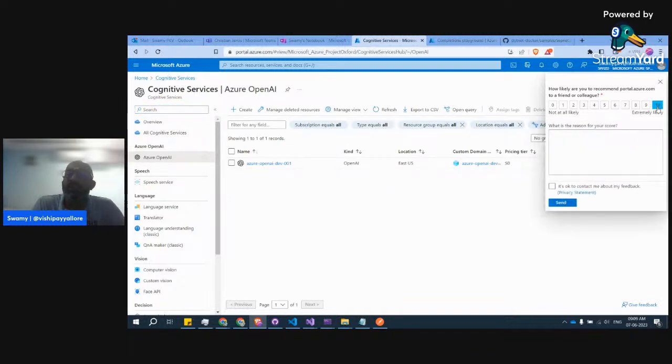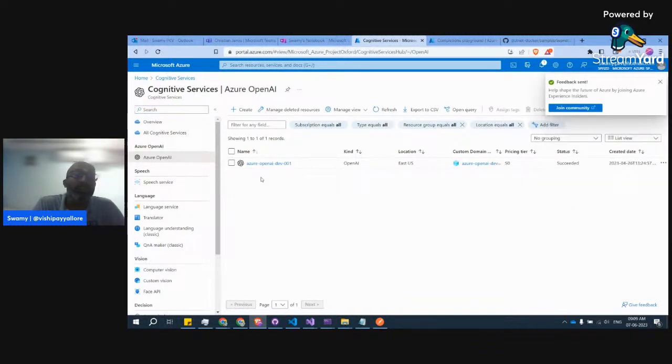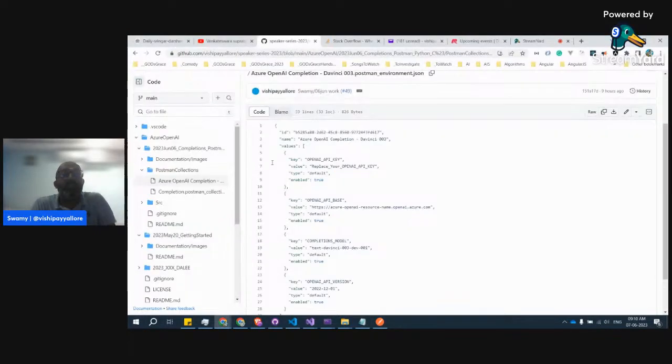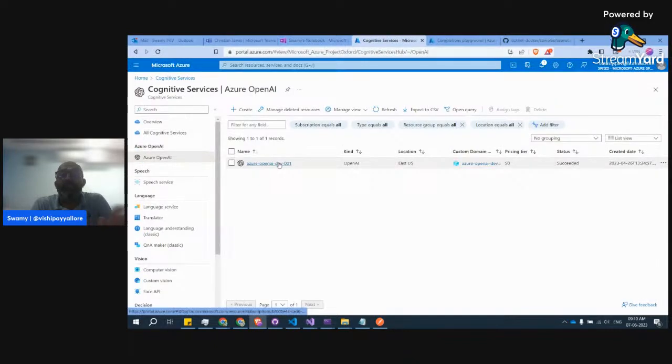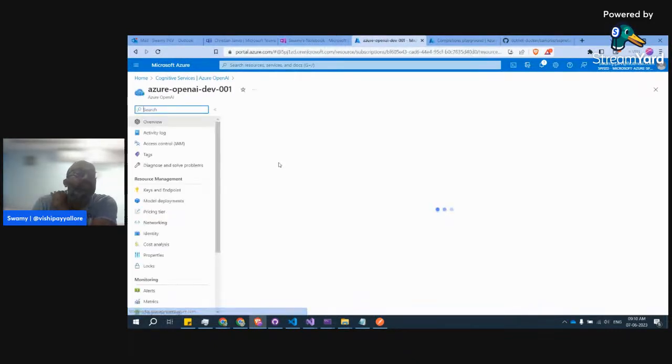the name which you create for that resource, you see this Azure OpenAI Dev 001 under Cognitive Services, under Azure OpenAI. We can create a new Azure OpenAI resource and do another set of experiments, maybe in West US or for a different team. Two different teams are working, so we might create multiple Azure OpenAI resources. So that's the name which you should give it. When you click on this, it comes